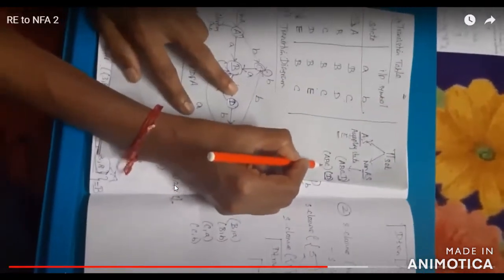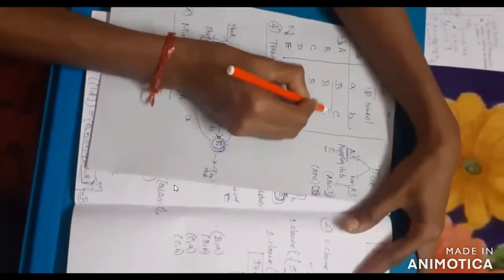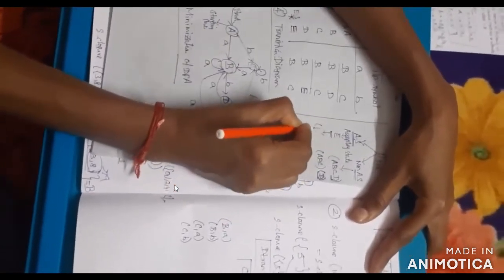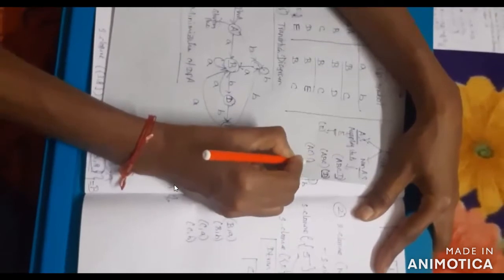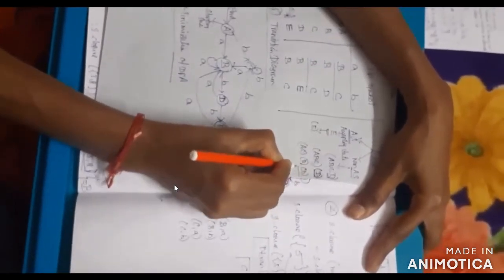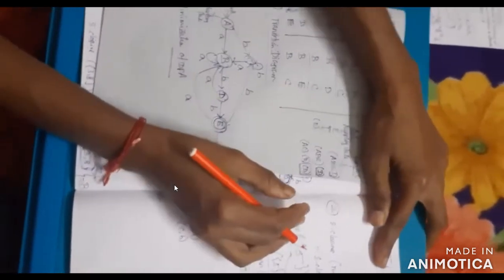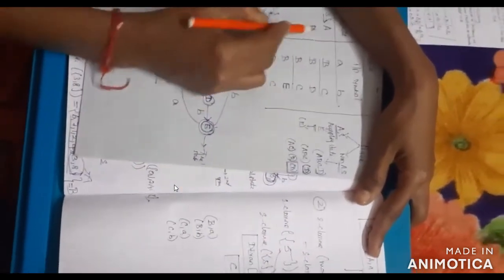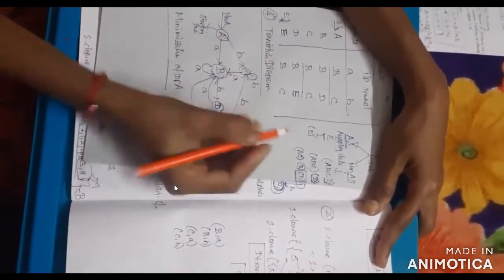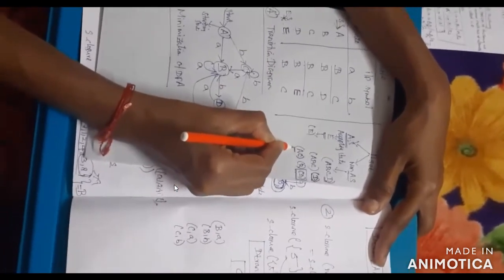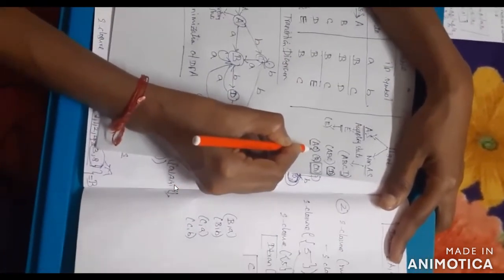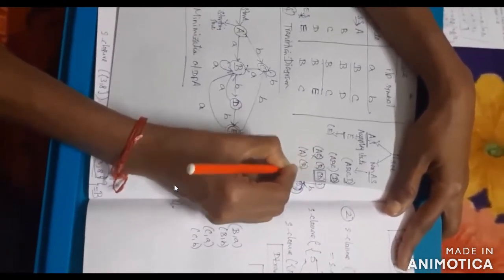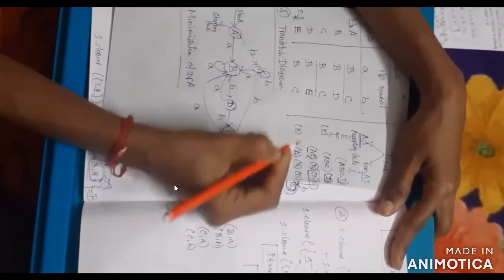Now check A, B, C. A and C both have the same outputs, so you can segregate A. A, C have the same value, B the same value, D the same value. But for D, there is no need to remove. A and C have common values, but A is the starting state, so no need to remove the starting state. So I can remove state C. So what is the minimization? A, B, D, E.